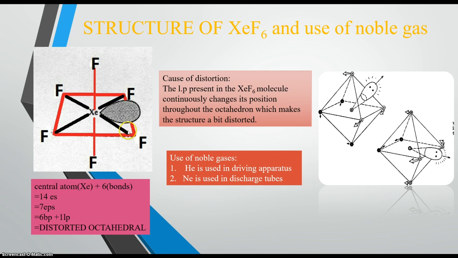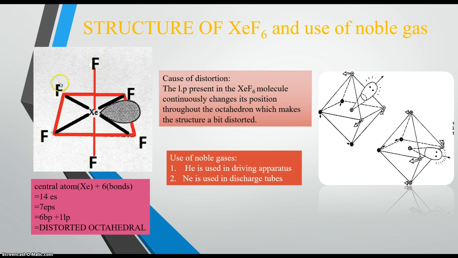Now the most important fact is that this lone pair is continuously changing its position in the following way, as I have demonstrated here in this picture. This lone pair is called a stereoactive lone pair, which we will be discussing later on in the further topics of class 12. So this lone pair is continuously changing its position throughout this octahedral structure, and for this reason